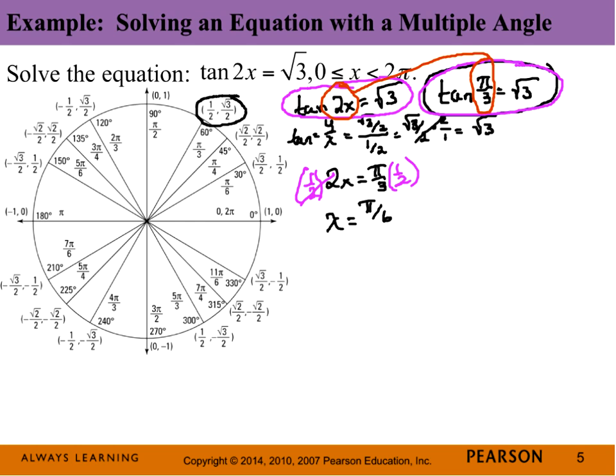So the deal, though, is that that's just for that first quadrant, and I want to know, well, what about moving through the entire circle? And we know from previous lessons that the period of the tangent function is pi. So if I want to talk about all solutions,